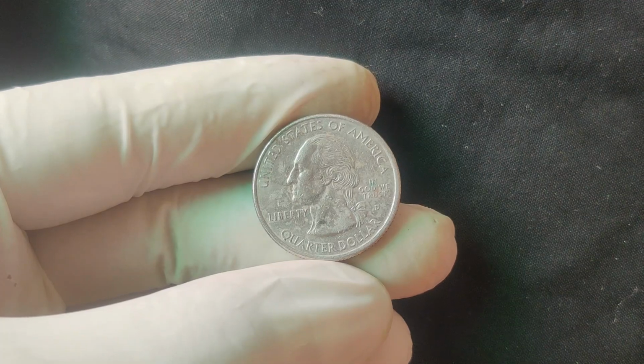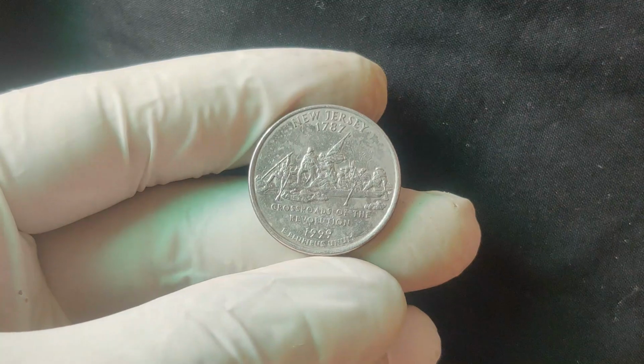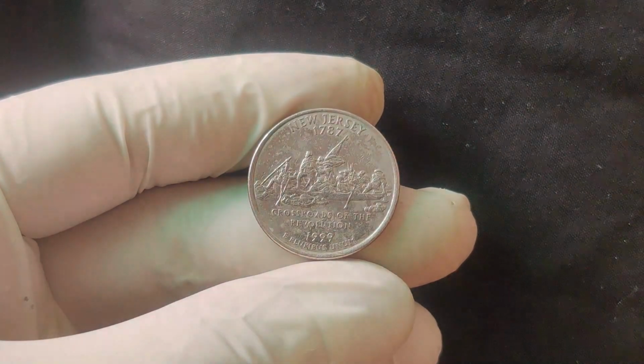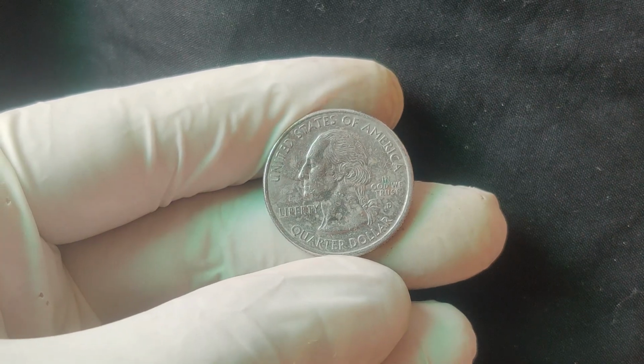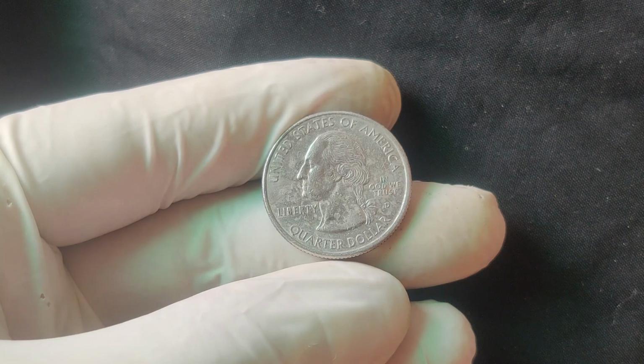The coin's condition is another factor that contributed to its massive value. It was graded by PCGS, Professional Coin Grading Service, in mint state condition, with an incredibly high grade, which only added to its allure. Collectors are willing to pay premium prices for coins in pristine condition, and the 1999 D